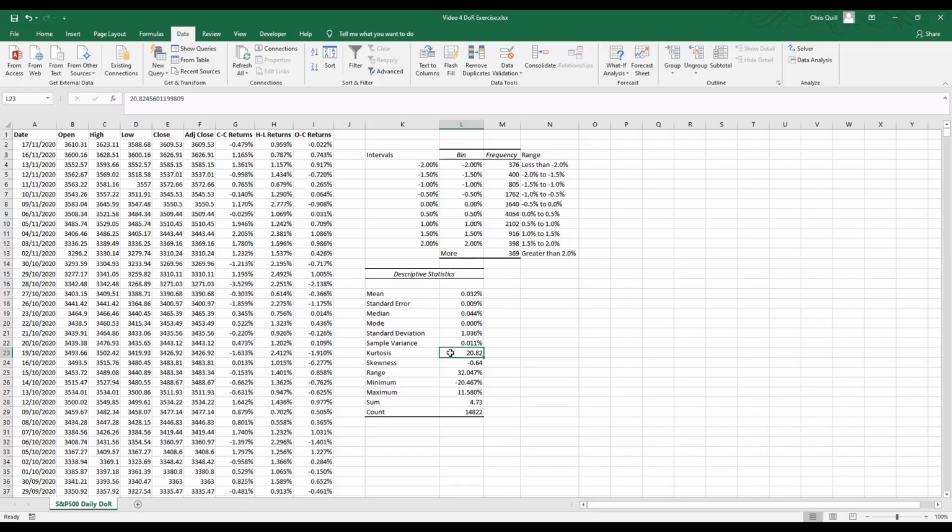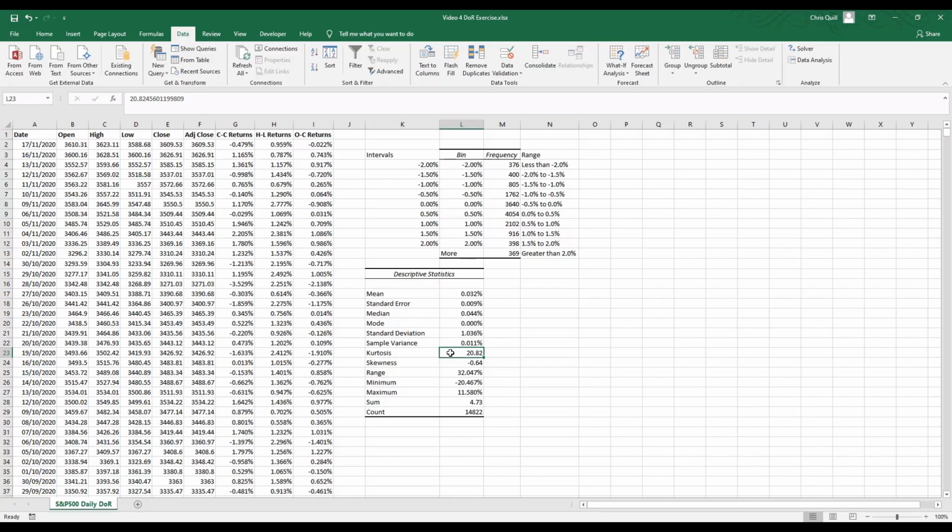A normal distribution has a kurtosis value of 3 and an excess kurtosis value of 0. And Excel calculates kurtosis in the form of excess kurtosis. So this dataset has an excess kurtosis of 20. What that essentially means is that the dataset is a lot peakier and has a lot fatter tails than a normal distribution would have. And you've seen that a little bit through the slides that Anton's talked about as well